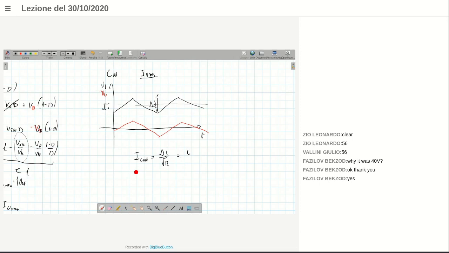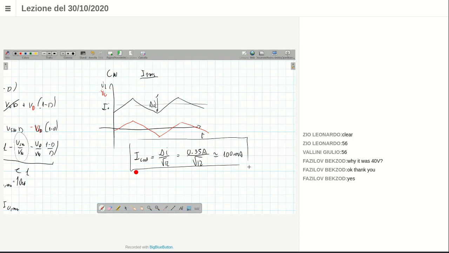Delta IL was 0.35 amps, divided by the square root of 12. That gives about 100 milliamps. This is our specification for the